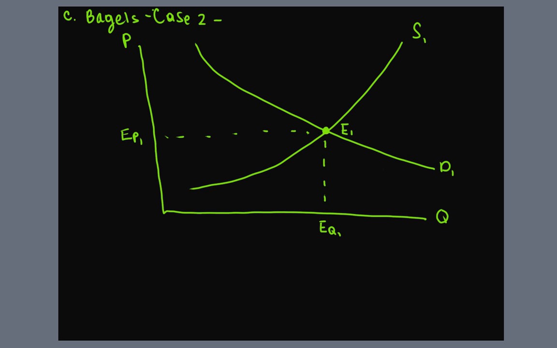And I represent that as an outward shift, a shift to the right of the demand curve. It's a shift, again, because the price of bagels has not changed. People's tastes have changed as a result of having less time. The market mechanism will bring us to a new equilibrium, equilibrium 2, the second equilibrium. And if I just correspond this equilibrium to its quantity and its price,